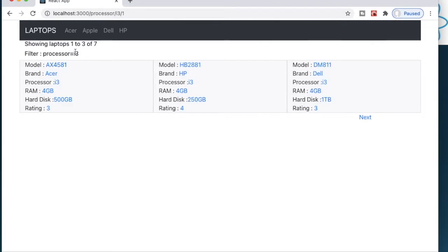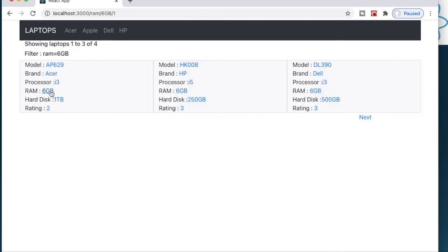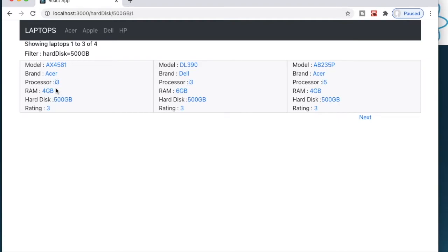Then the filter becomes processor i3, and we get all the laptops in which the processor is i3, and that is how it works. If I click on 6 GB, it will get all the laptops which have RAM equal to 6 GB, which is what we get here, and so on. So all these 5, brand, processor, RAM, hard disk, and rating, give us the same thing.